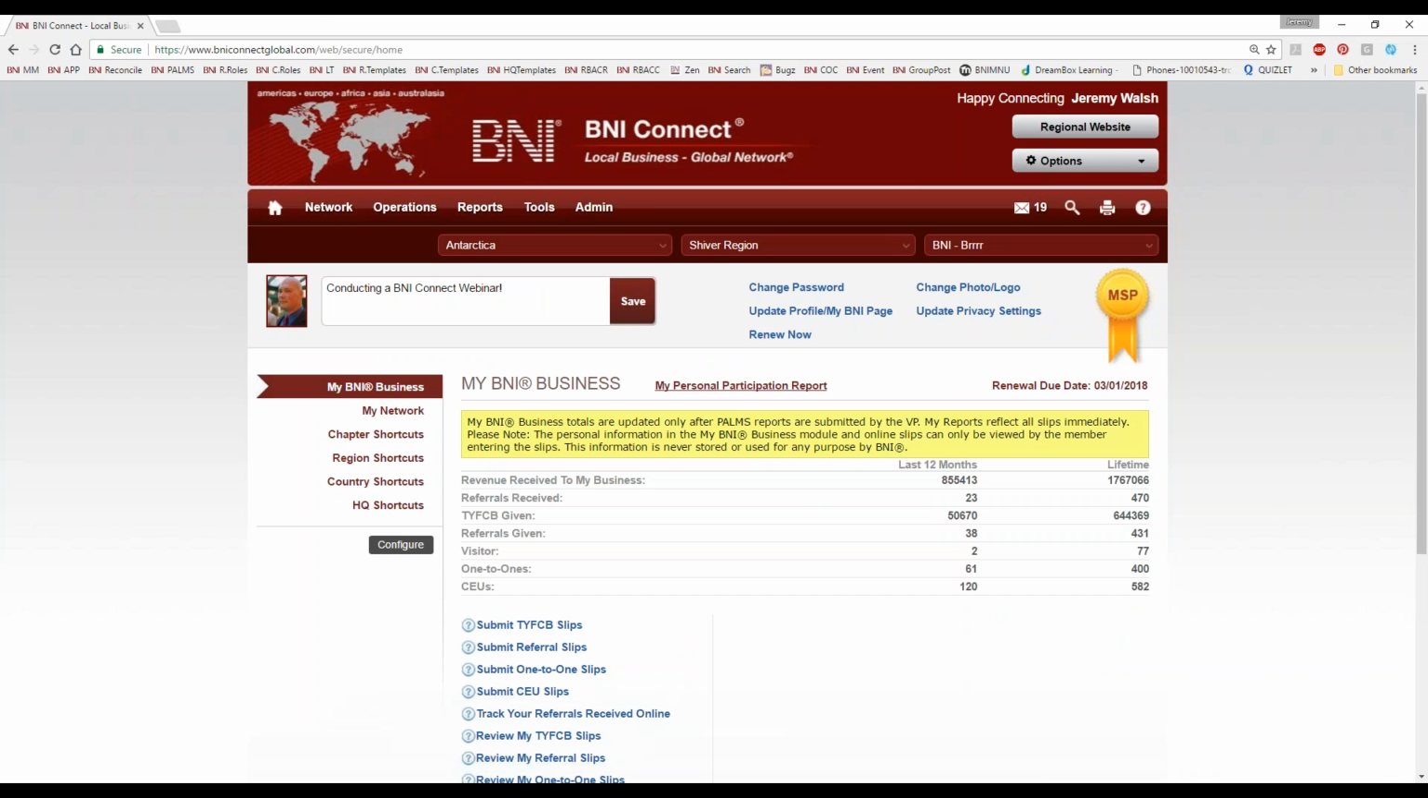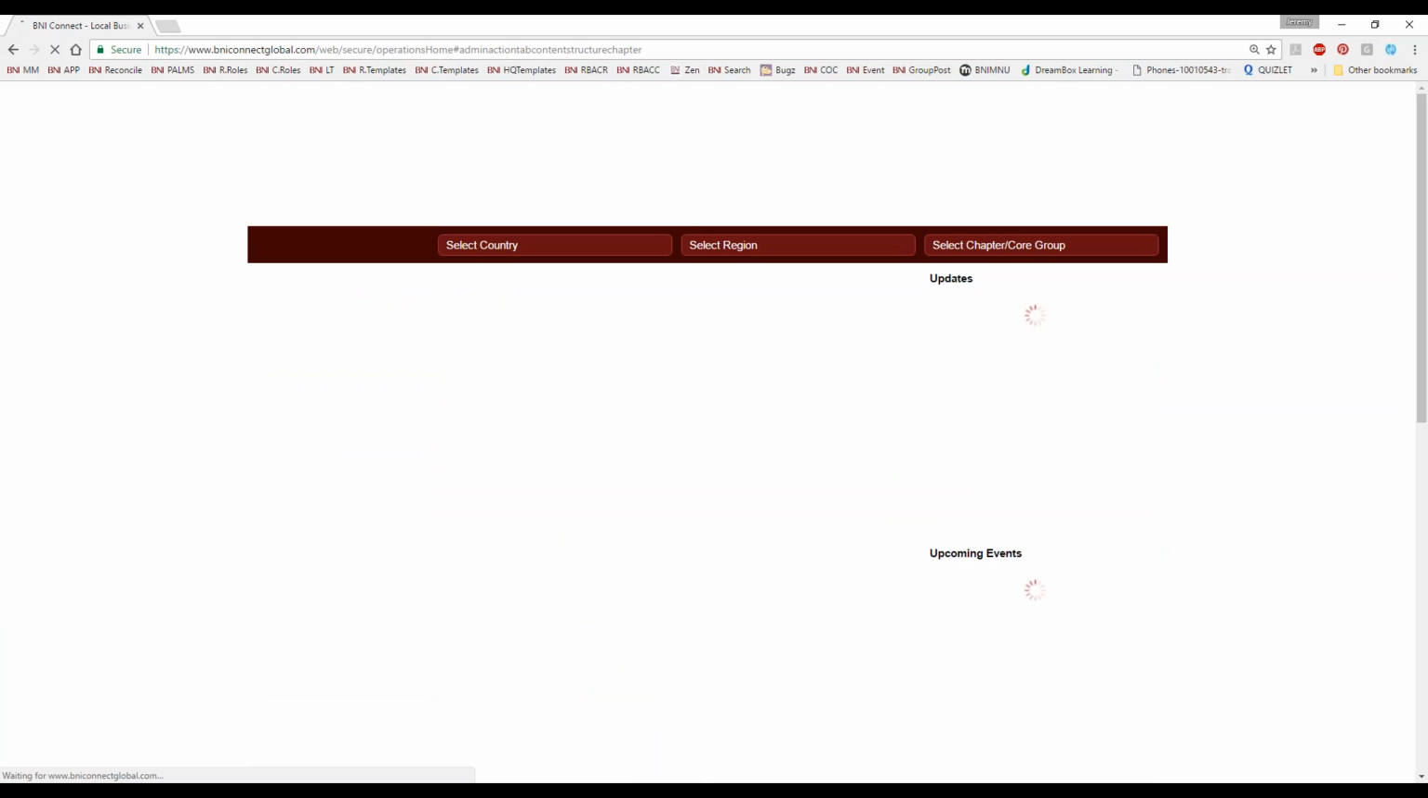So let's flop over to BNI Connect here. This is the live system. Now to get to some of those other functions, you do have to go to those scary places behind the home screen. And to get there, we're going to go to the operations menu, because whenever we're looking to do something or enter something or create something in BNI Connect, really that's going to be under operations. So if we go to operations and then the chapter level,